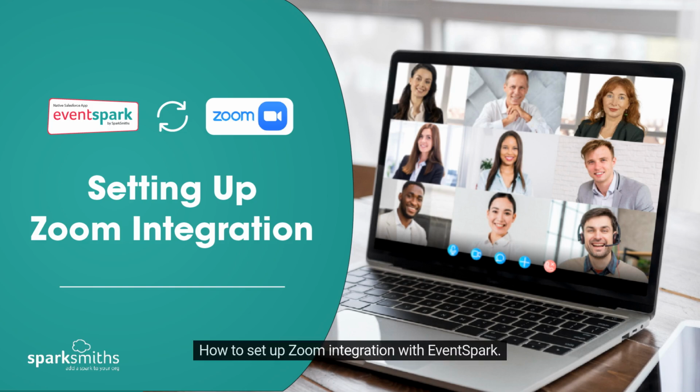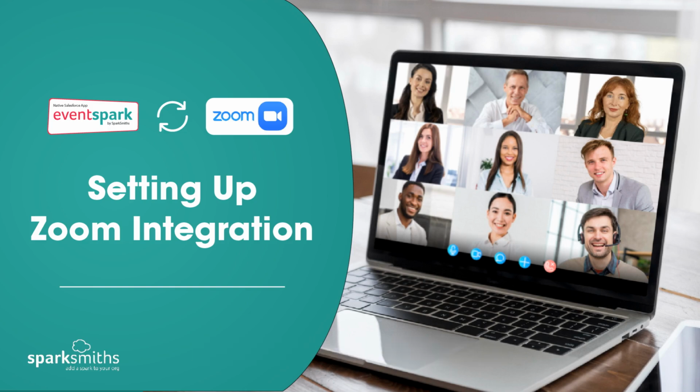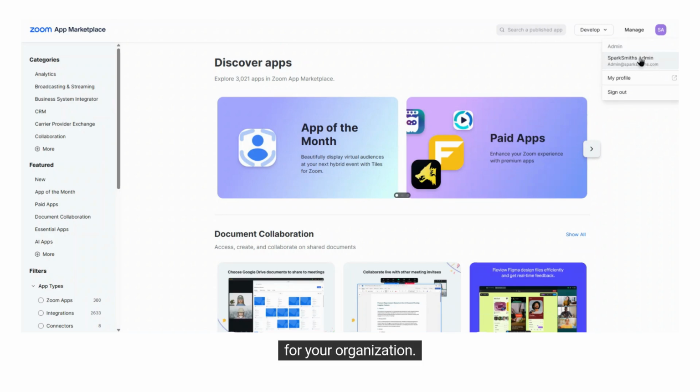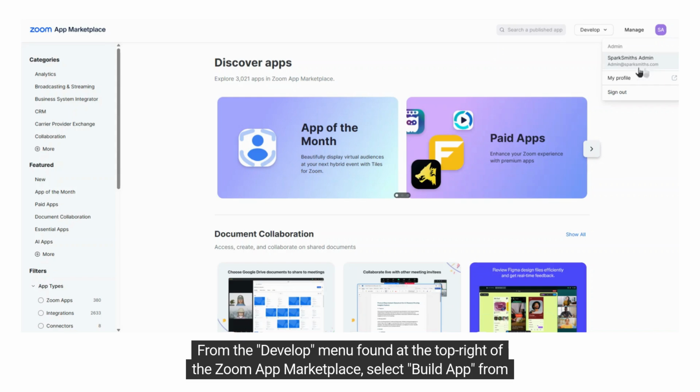How to set up Zoom integration with EventSpark. Navigate to the Zoom Marketplace website and ensure you are logged in as the Zoom account administrator for your organization. From the Develop menu found at the top right of the Zoom App Marketplace, select Build App from the drop-down